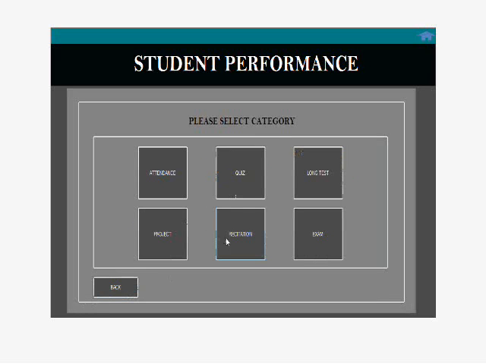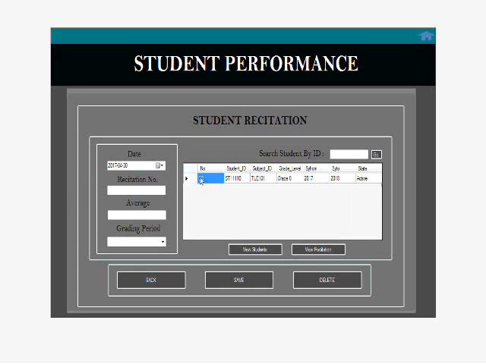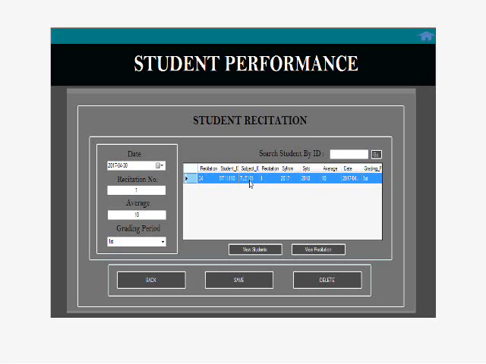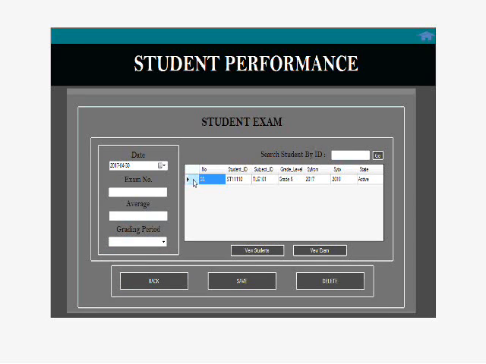Next is recitation. Click our student number, score or average 10, first grading, save, successful. And then view. So there is our recitation for student 1110. So let's go back. And last, our exam.